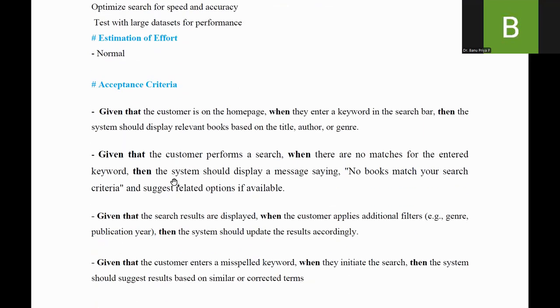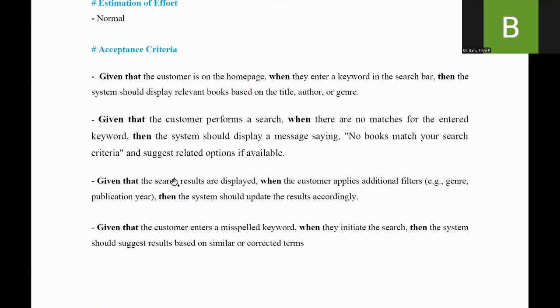Next, acceptance criteria. As I already discussed in the last lecture, acceptance criteria is nothing but a minimum condition which says that you have achieved this particular user story. So you can give this acceptance criteria based on the given-when-then rule. So what is this given-when-then rule?